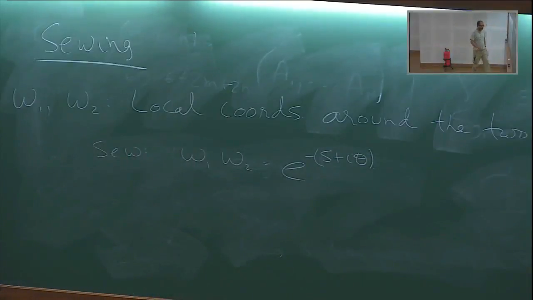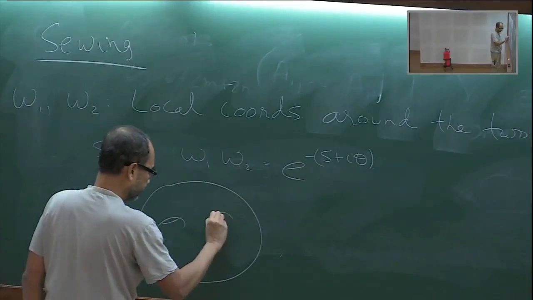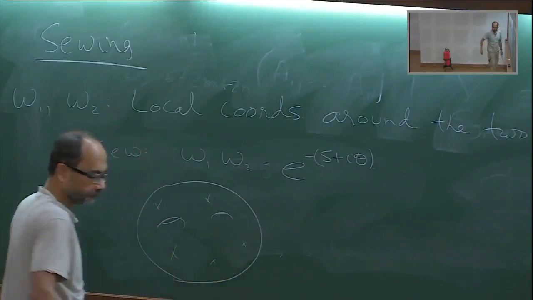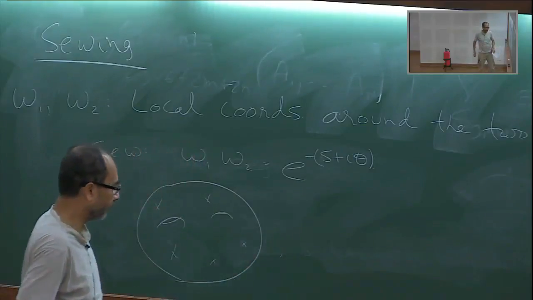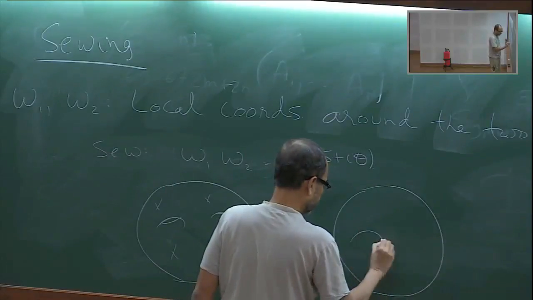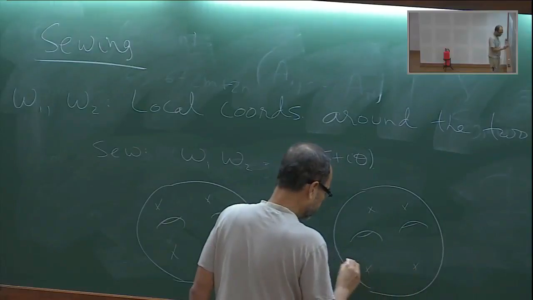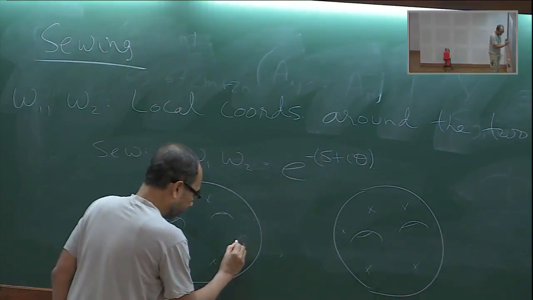Okay. So geometrically, what it means is the following. Take a Riemann surface like this with lots of punctures. One is spatial. This is the spatial one, around which we have W1. So take another Riemann surface. Again a spatial puncture. So we cut out a circle